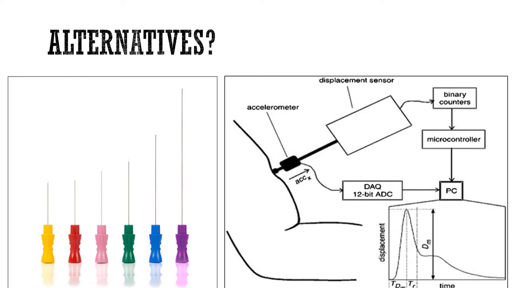The vastus lateralis, the vastus medialis, and the rectus femoris are all easily accessible with surface electromyography. However, the vastus intermedius, which is underneath the rectus femoris, so directly in the middle of your thigh, running from your patella all the way up to your hip,